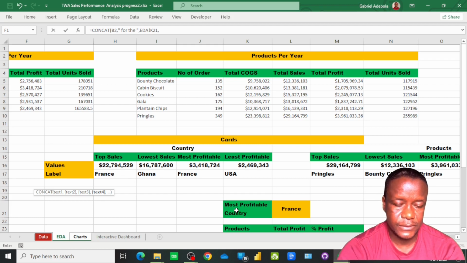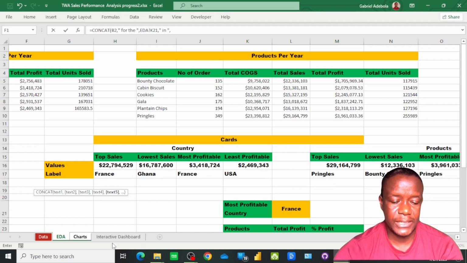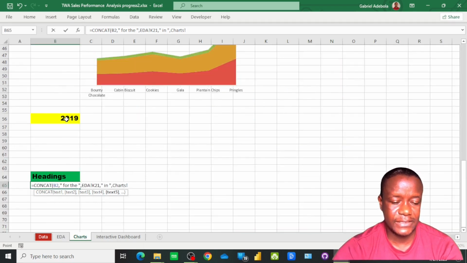So let's create space, "in", space again. Are you getting it now? Then comma. What year are we referring to? This particular year here, whatever year that appears here, that year,